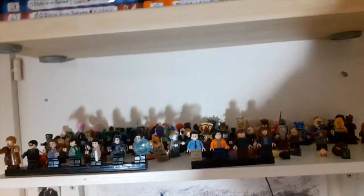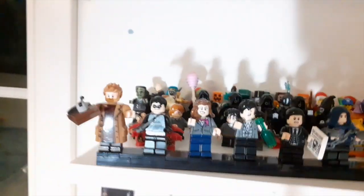And then above the table on the right side, you have this shelf with all of my assembled minifigs. So you have these from the Umbrella Academy that I displayed on my stories a few weeks ago, so go